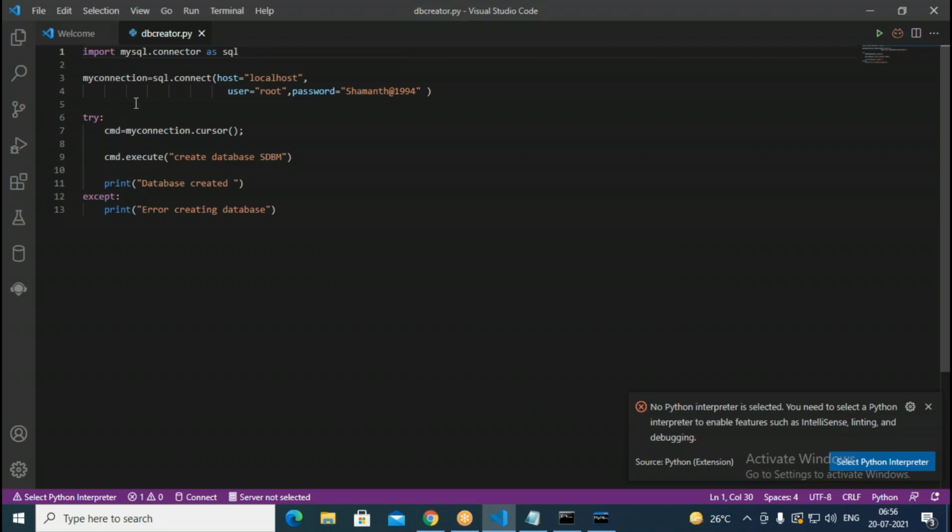Then after that, my connection equals SQL.connect. Using this, you get connected to the underlying database. Once we connect to the database, you can invoke the commands. The very first thing is we create a command object. CMD is nothing but a command object, you can assume like that. Once the command is created, using the command we can issue commands here. We are issuing the command called create database, and using it, it creates the database for us.